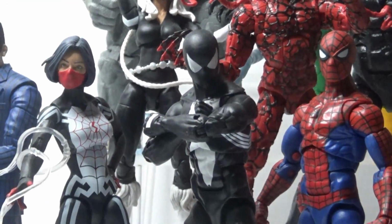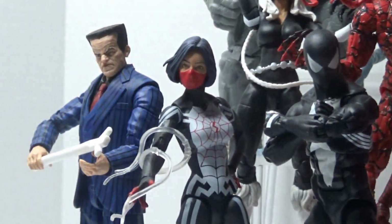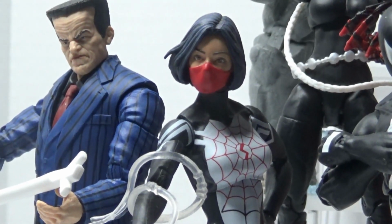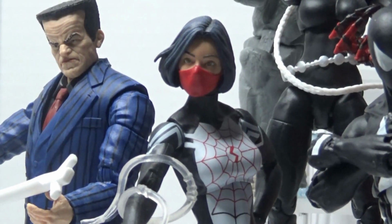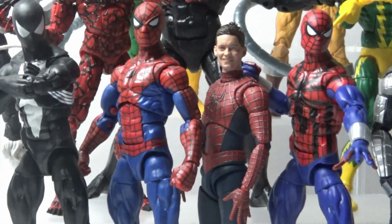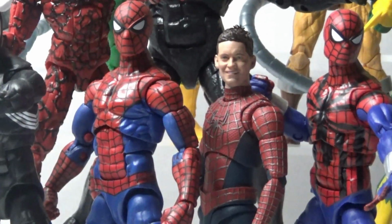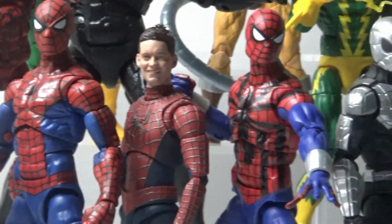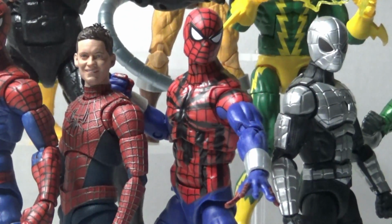Also have the Symbiote Spider-Man and Silk. Silk over here came with the 2-pack with Doc Ock, and we'll get more on Doc Ock in a minute. Now I of course have my SH Figure Arts Tobey Maguire Spider-Man, which isn't a Marvel Legends, but the fact that he's a Spider-Man action figure, I decided to put him with the rest of my Spider-Man. You also have retro cardback